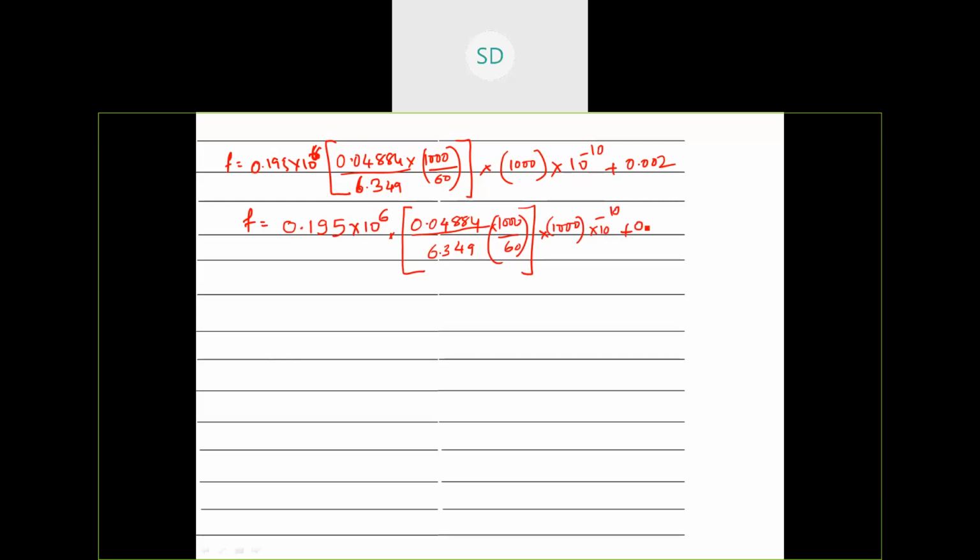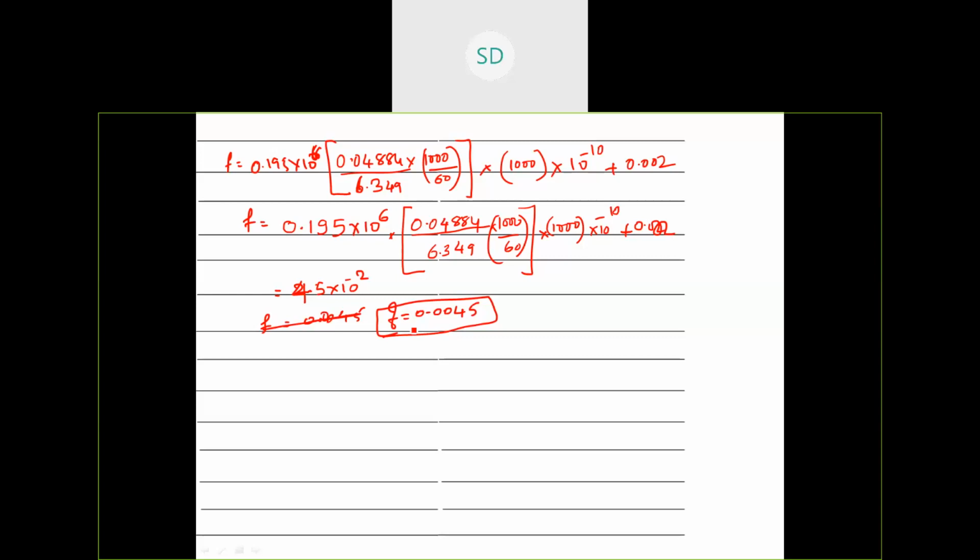4.5 into 10 to the power minus 3, sir. 4.5 into 10 to the power of minus 3. That means 0.045, right? Minus 3, sir, 10 to the power minus 3. So we are going to get one more zero. Right, F equal to 0.0045. Right. Now this is the coefficient of friction.